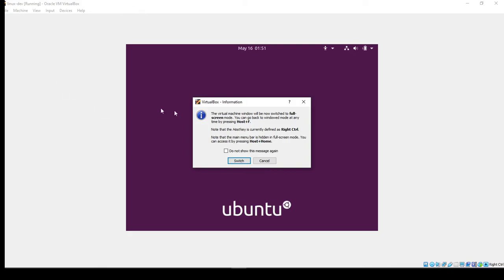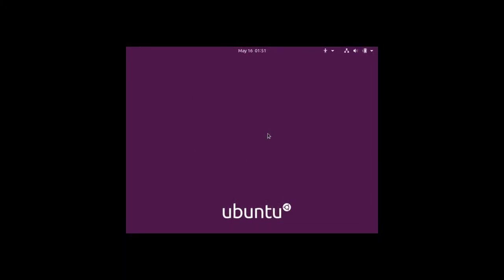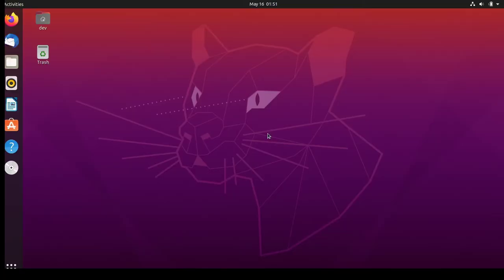Okay, and it pulls up. So here it'll tell you the current host key is currently defined as right control. Okay, so we'll go ahead and switch. Okay, we'll log in. Okay, now we have a full screen, which is great. So now we have the VM box set up and configured,